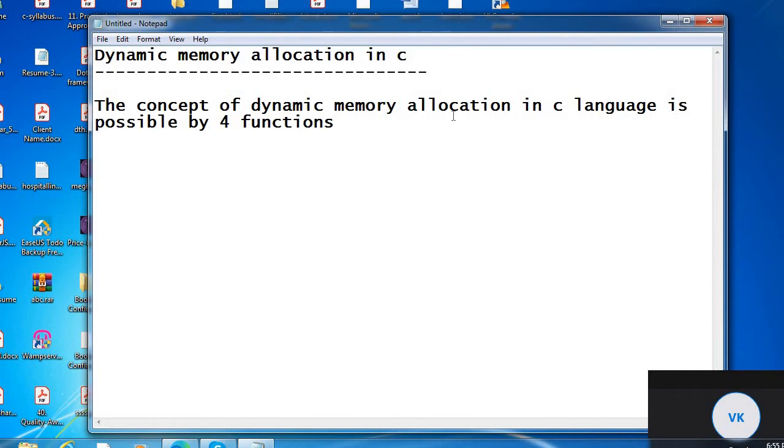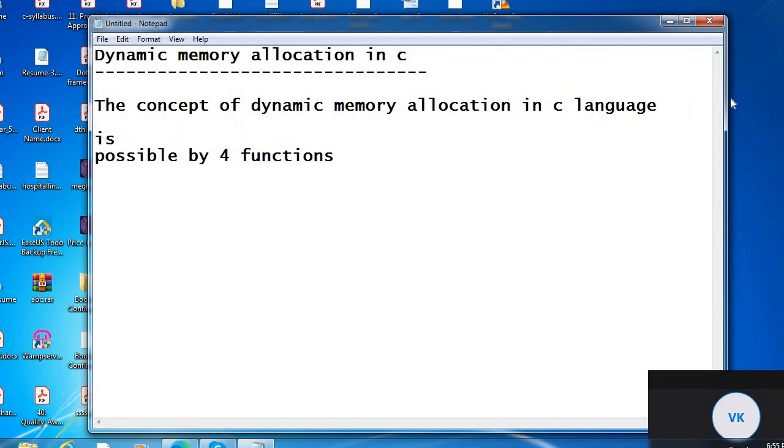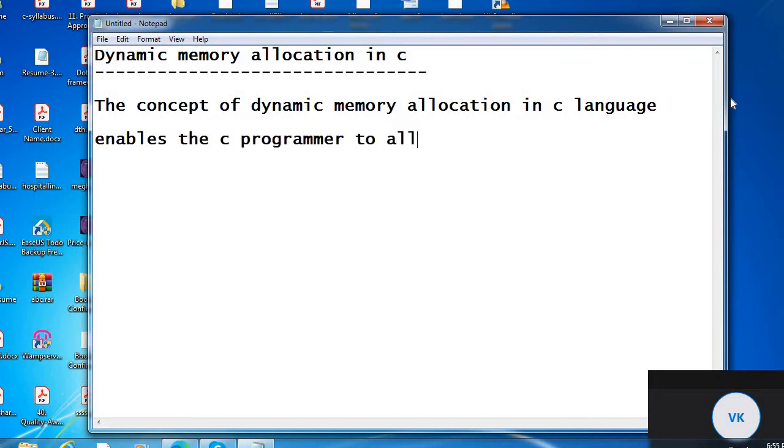The concept of dynamic memory allocation in C language enables the C programmer to allocate memory at runtime.